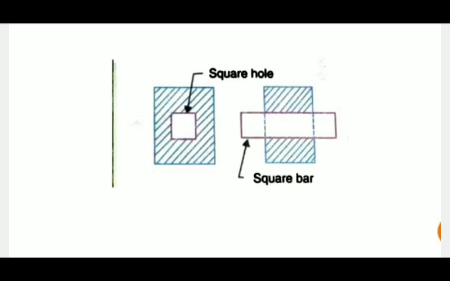The square bar enters into this square hole, and it only travels with a to and fro motion in this square hole. The degree of freedom of the square bar in such a case is only 1, because this square bar can move in one direction only,